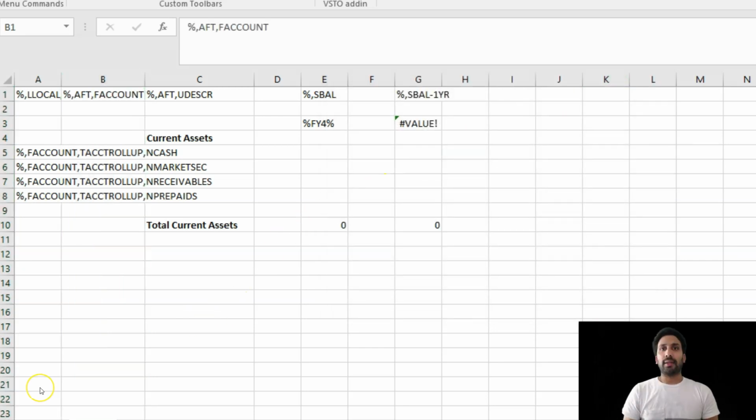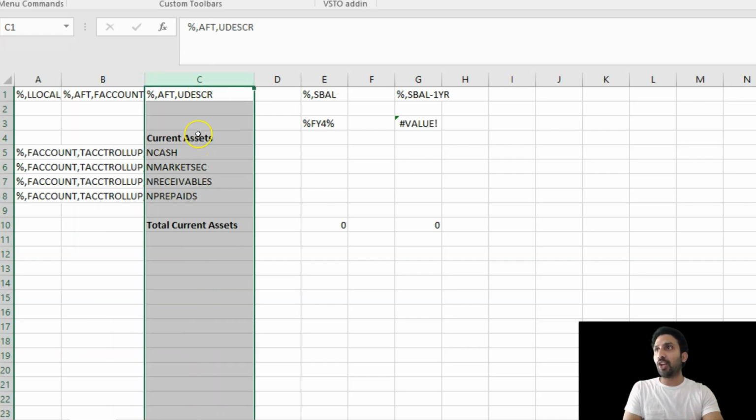Click OK. Like we discussed in the previous episode, since this is a matrix layout, it always fetches an intersection of row and column. Here we have tree node in the row section, and in the column we have the account values. So for each tree node, it will automatically fetch the accounts that fall under each tree node. We also need to fetch the description for each detail account. So in order to do that, we will display the description in column C.